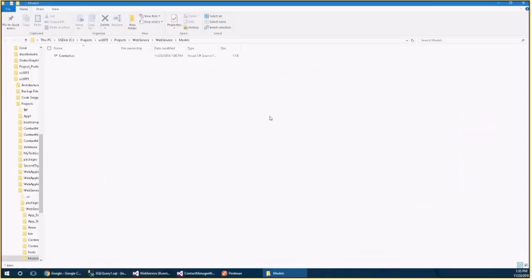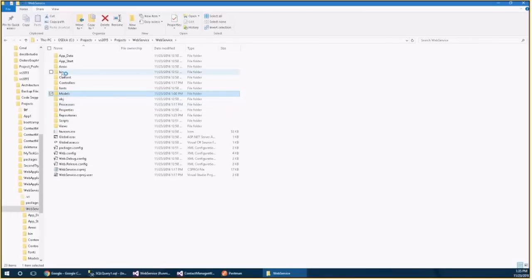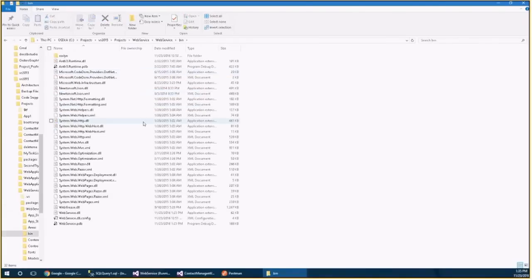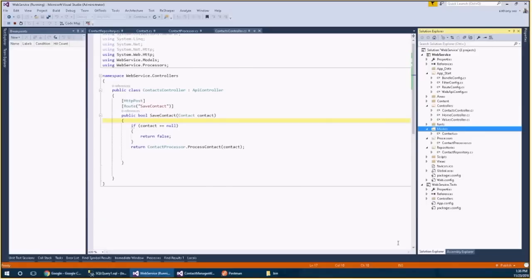It's maybe a little bit advanced, but okay, so now we're here. That's the contact class. We want to be able to reference this in the other one, so we're just going to step up until we find a bin folder. There we go. We got a bin folder. And in that bin folder, we're going to look for the web service DLL, which is the name of this project. So we're just going to copy that DLL, which in this case just copies the file name for that DLL. And then we're going to go to our contact managers